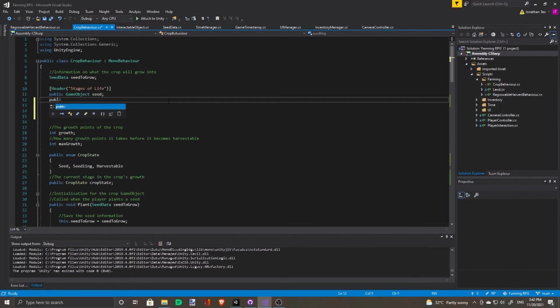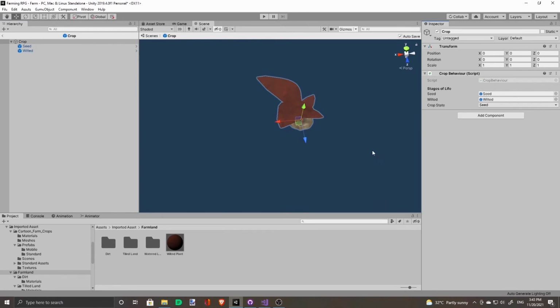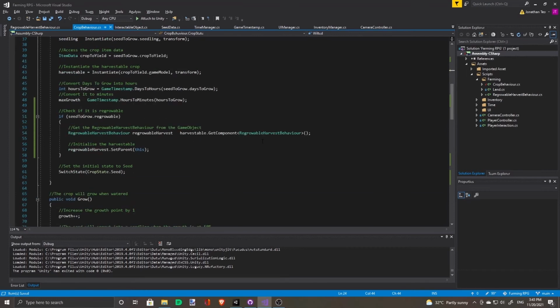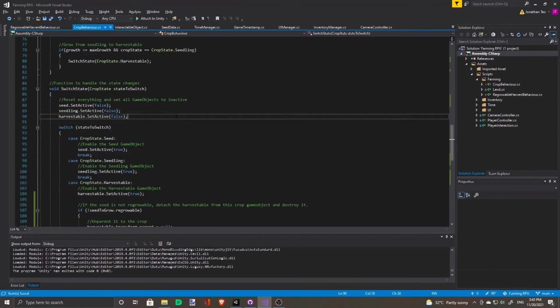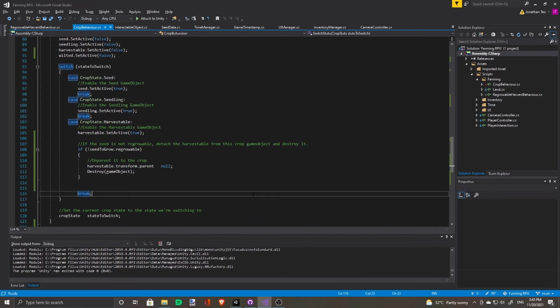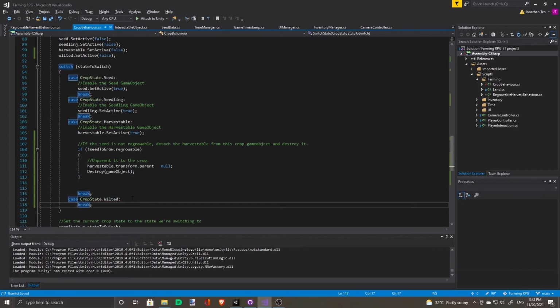Add a new game object. And we'll set wilted to this. Add a new state, wilted. Don't forget to set wilted to inactive. And we'll make a case for switching to the wilted state.